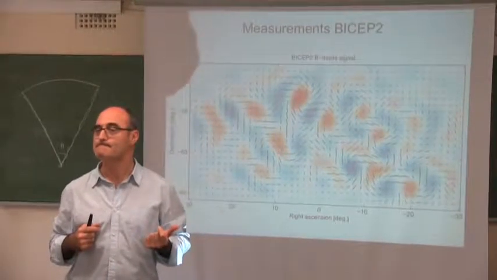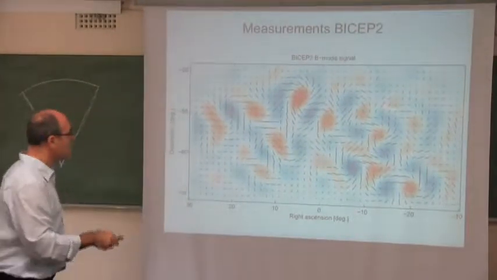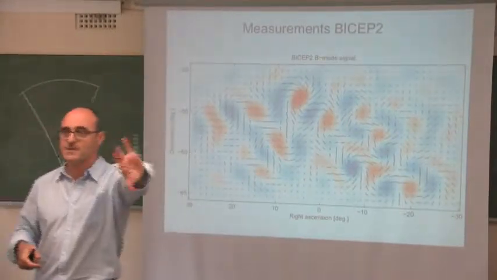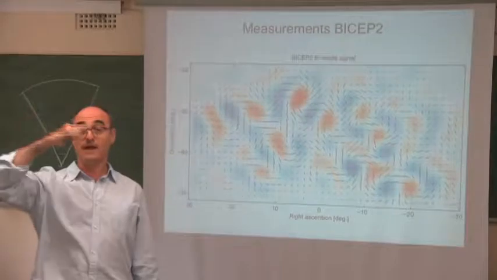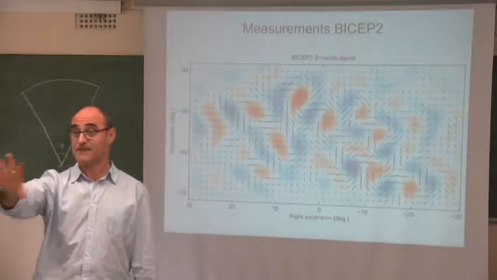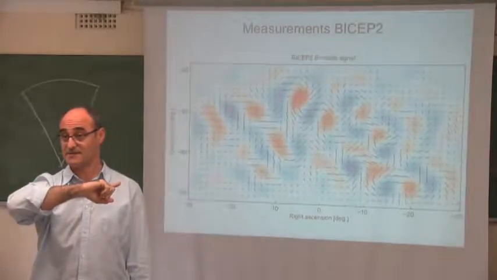So what would be the modification? What would be expected? For instance, if you had more dust in this region, you would get more regions in one direction than in others. Because the way it creates this is that dust is aligned with magnetic fields. Magnetic fields are very homogeneous on those scales.